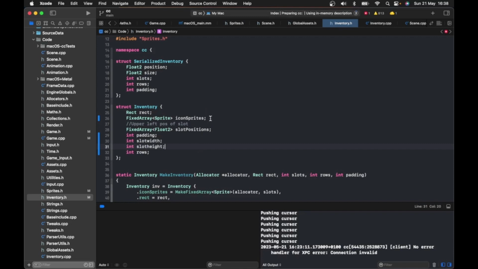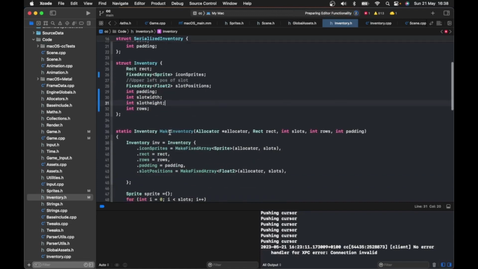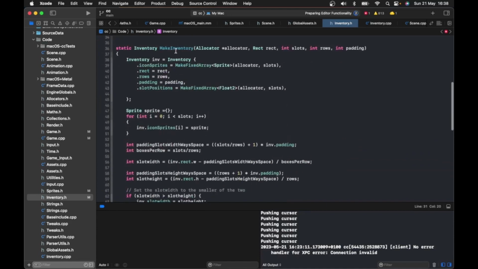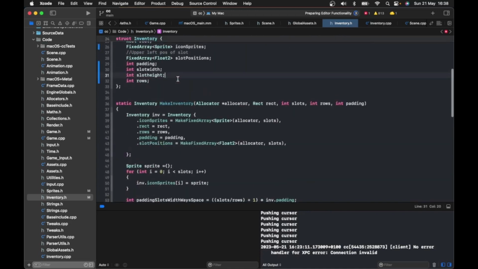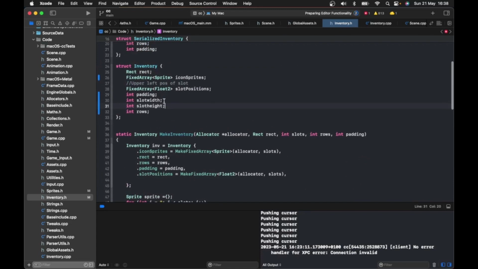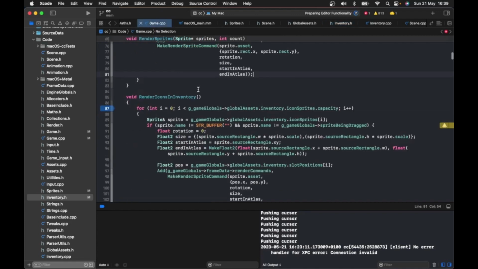So how things work now is you have your icon sprites in the inventory and your slot positions. When you make the inventory, which we only make one of at the minute anyway, all this calculation is just to calculate the slot width and height, and also these slot positions. Initially the icon sprites array is empty when you start the game. Then when you want to add things to the inventory,